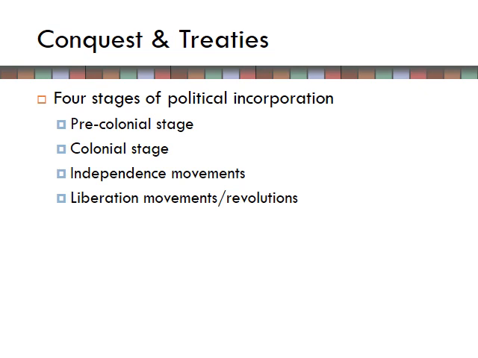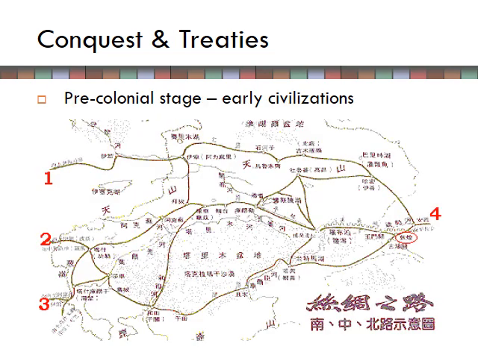The incorporation of indigenous peoples into the political boundaries of nation states can roughly be divided into four stages: the pre-colonial stage, the colonial stage, independence movements, and liberation movements. Historians refer to the time prior to increased travel and colonization, primarily by Europeans, as the pre-colonial stage. This definition can really only be understood relative to the colonial stage, which was marked by an increase in European colonization that began in the 1400s and is associated with a rise in